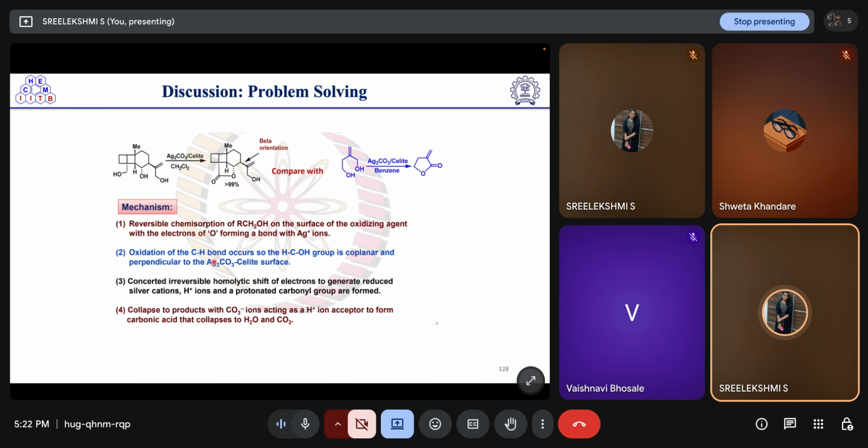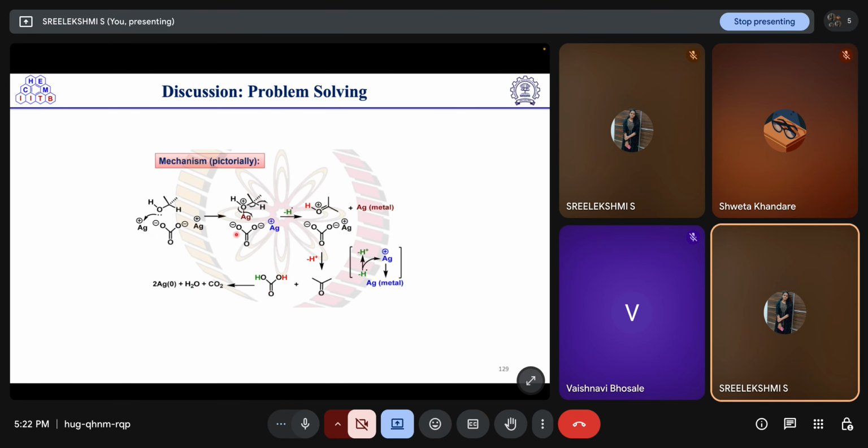Then oxidation of the C-H bond occurs. So the H-C-O-H group is coplanar and perpendicular to the Ag2CO3 celite surface. So then oxidation is happening. How will we see this? This bond is breaking and this bond is breaking, so it is happening through a radical pathway, we can tell. So this bond will break and here it will form like,